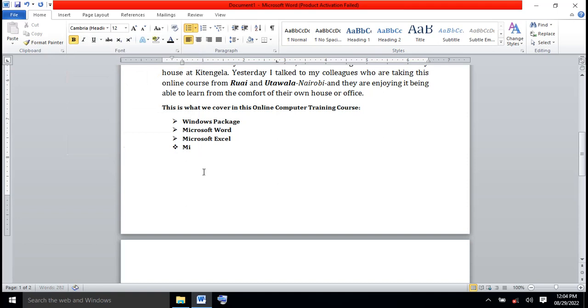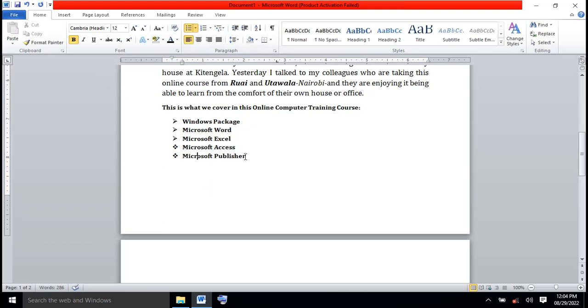Now you can type Microsoft Access, and then you have Microsoft Publisher. Okay, I got to another bullet. But if I want this other bullet to be different from the first 2, I can change it. I'll come here and deactivate bullets. The cursor will shift to the beginning. Let's correct this one,